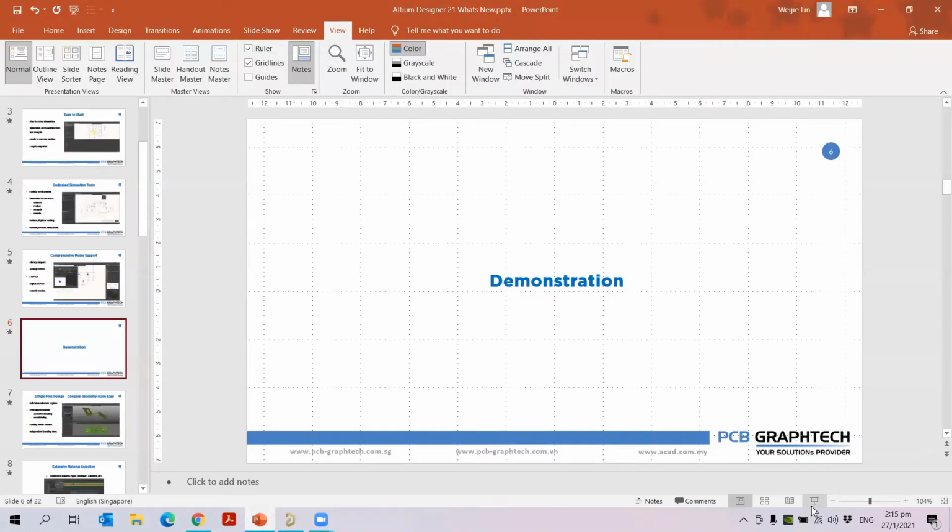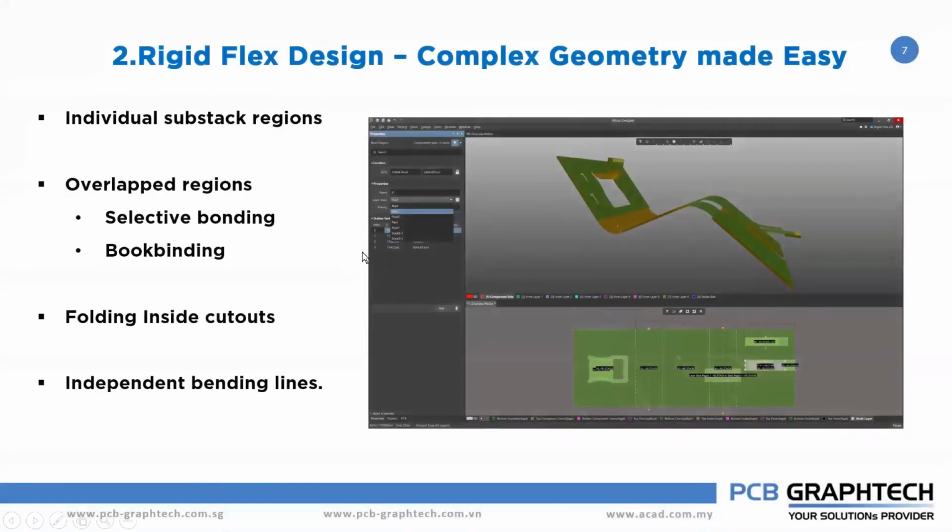So the next feature is about your rigid flex design. Okay, the rigid flex design in the global market is now a 3.83 billion market, and it is growing. So what happened? Most of the healthcare industries and high-speed consumer electronics are all using rigid flex materials in their design.